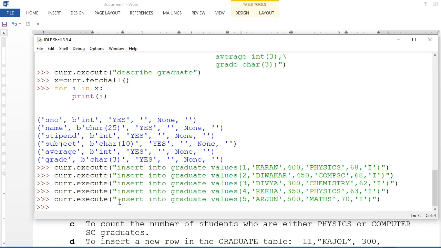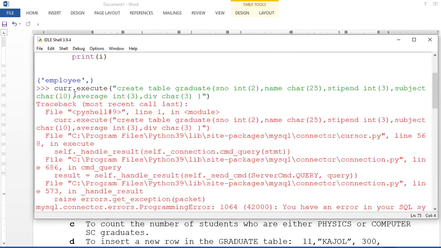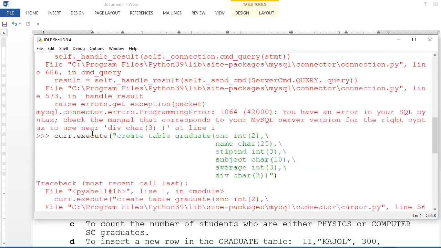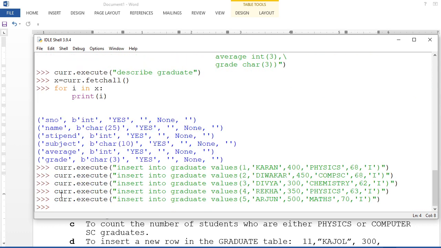For that you have to give a command. I taught you that command in MySQL. What is that command? Commit. You have to give a commit command. Understand? And remember, you are going to do commit not with this cursor object. Commit you are going to do with what object? The connection object. This connection will now commit to that database being used inside that table to make it final. Are you getting me, everybody? Concept is clear? Yes, sir.